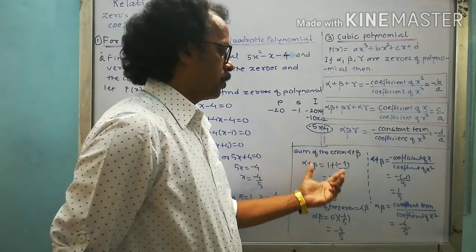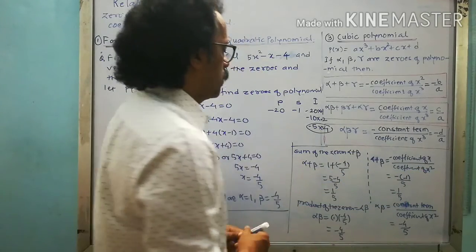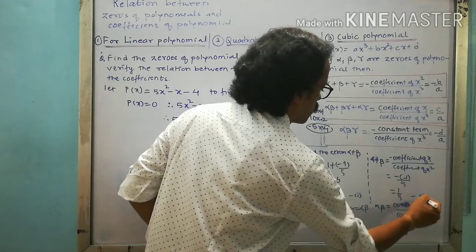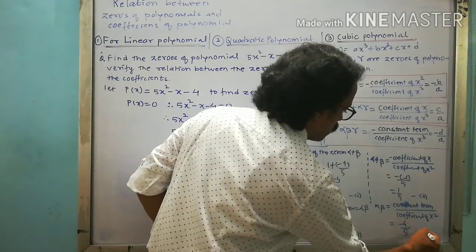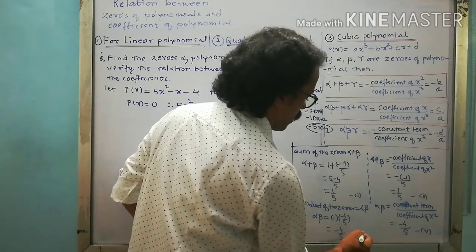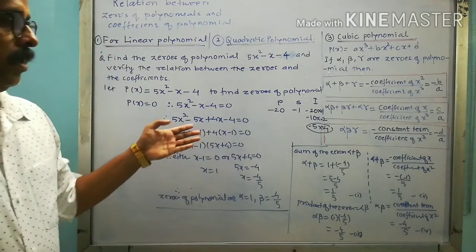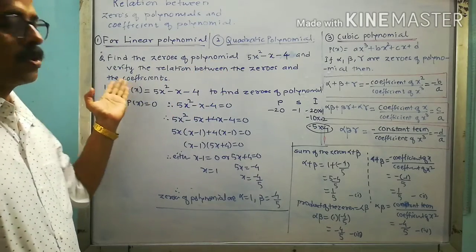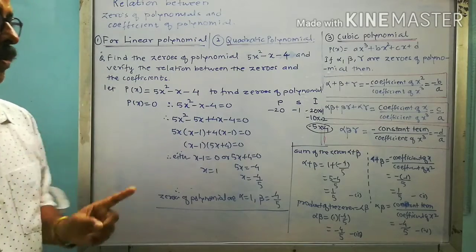So the sum of the zeros is equal to minus of coefficient of x upon coefficient of x square. So here we could write down, this is expression 1, this is expression 2, this is expression 3, and this is expression 4, right? That is the way we are writing. From 1, 2, 3 and 4, it is found that the relation between the zeros and coefficients of the given quadratic equation is verified. This is the way we are going to summarize the answer.